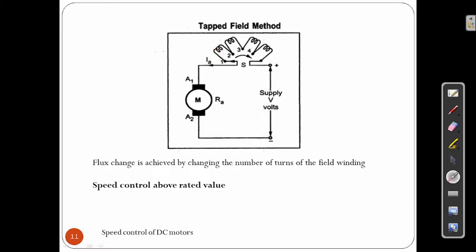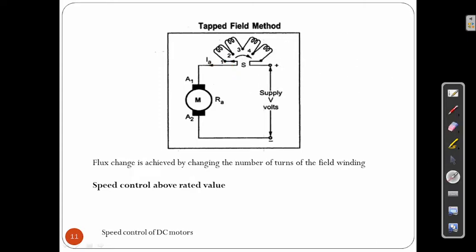If we keep the tap at this turn, some current will flow. If we keep it at 3, some current will flow, and if we keep it at 4, some current will flow there. Then if we give 5, a different current will flow over here,